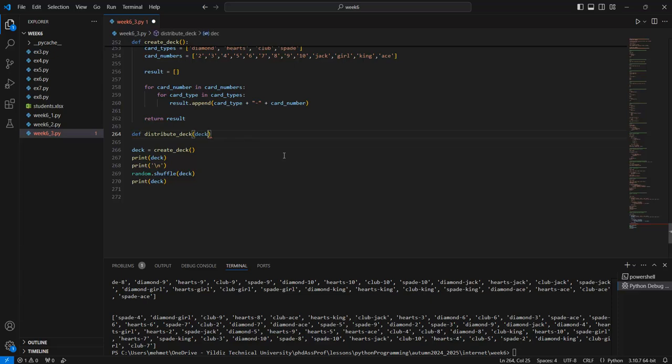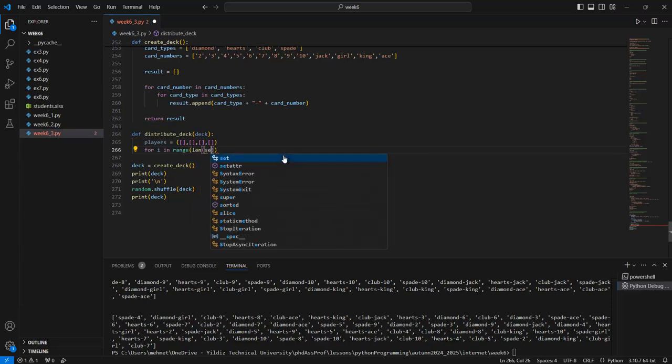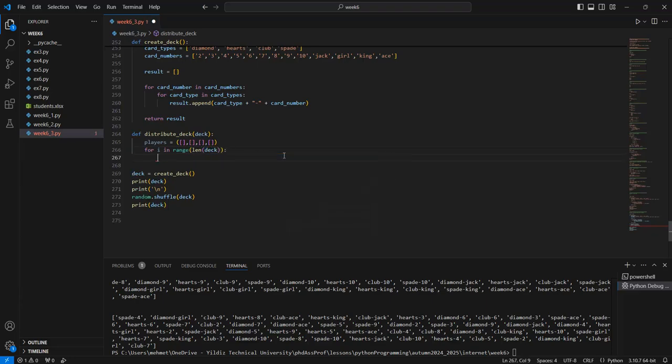Okay, and players is assigned with what? With the tuple form 1, 2, 3, 4. We have 4 players, so for i in range of len deck in here, and players i percent 4, append deck i. Okay,